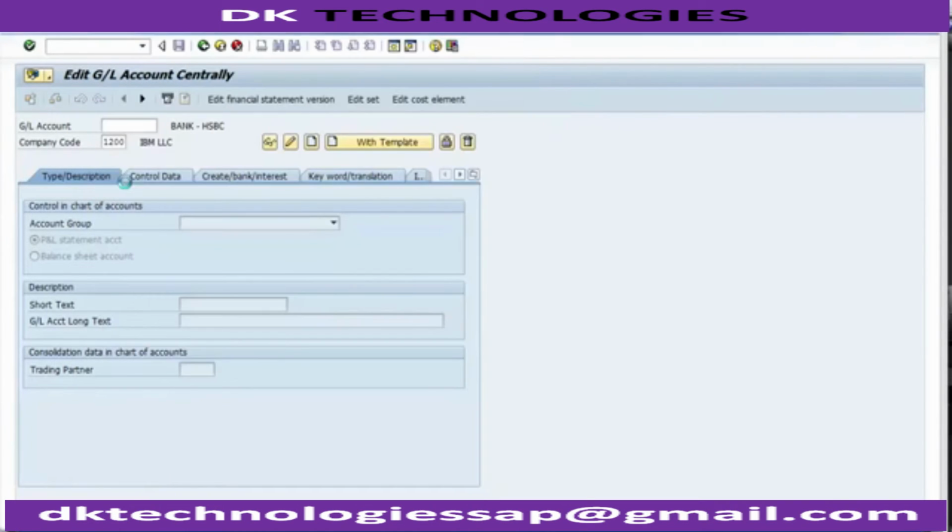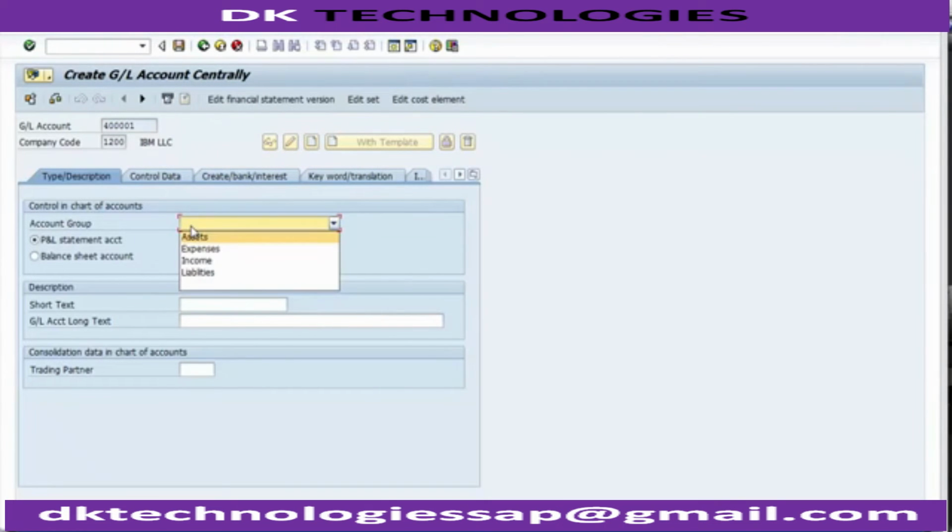So I'll be taking this and just changing the last digit in the sequence to 1, go to new, and then again over here you need to select the expense. As you will be creating an expense account, you need to put the short text cash discount allowed,